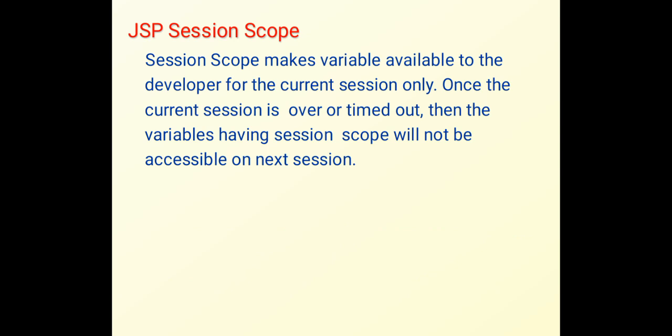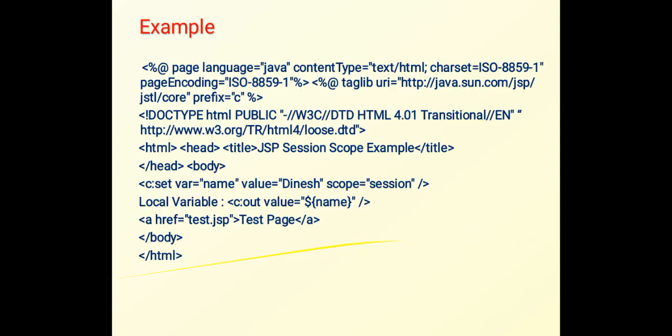Now the next is the session scope. Session scope makes a variable available to the developer for the current session only. Once the current session is over or timed out, the variable having session scope will not be accessible in the next session. Again, in this example,